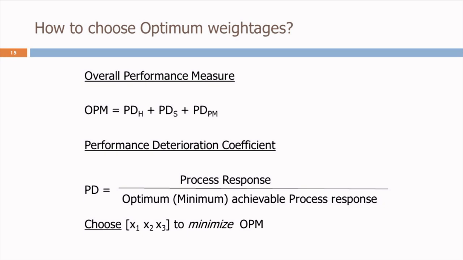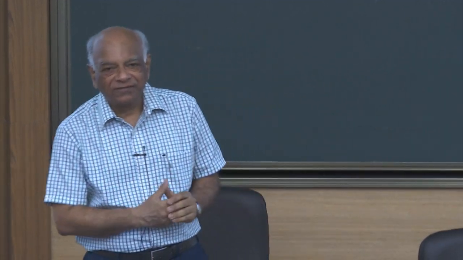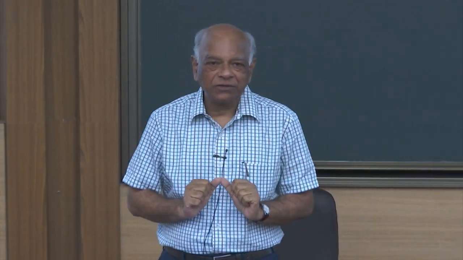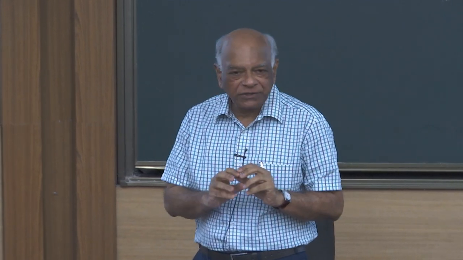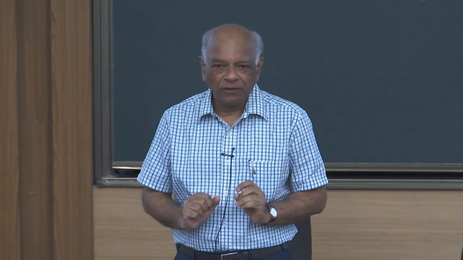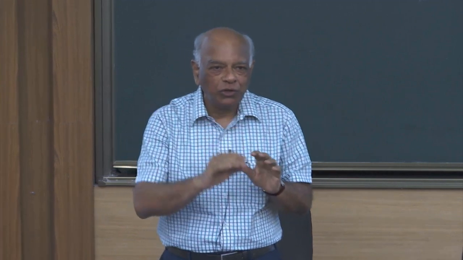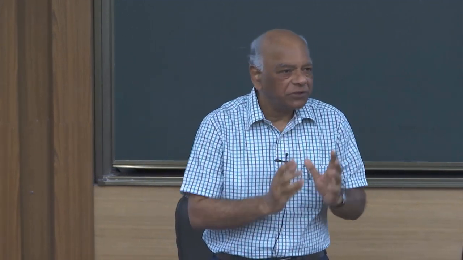But here we also gave one interesting methodology to optimize the weightage itself. We gave what is called the performance deterioration coefficient, meaning that if you give 100% weightage to one of the criteria, for example build height, you will be producing minimum build height, but you would be losing on the other two parameters, namely the percentage utilization or the stair-step error. So when you have combinations other than 100%, the performance of each one is going to deteriorate from what is minimum achievable.